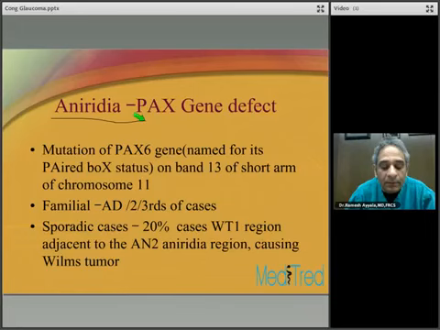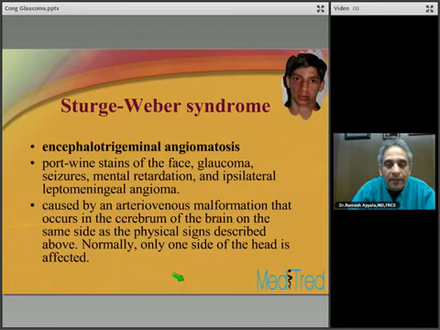And typically, it affects the fibromatosis. Now, so the Sturge-Weber syndrome or the encephalotrigeminal angiomatosis is associated with unilateral port wine stains of the face,